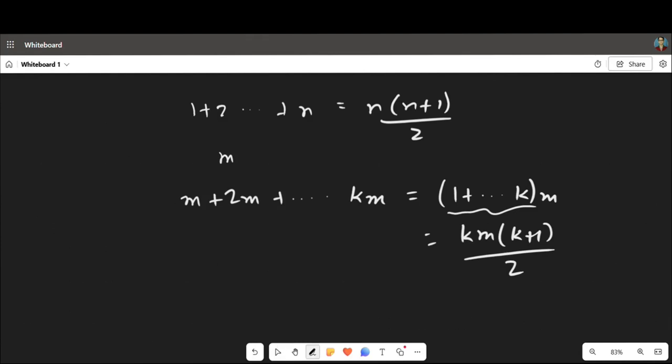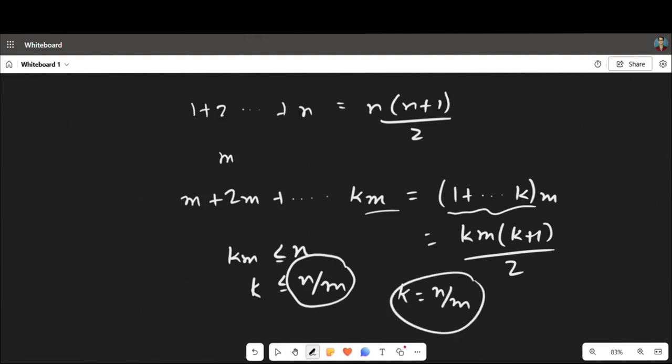We need to ensure that this km is less than or equal to n, so it means that k will be less than or equal to n by m, and this n by m should be an integer division. So I can easily get k equal to n by m by doing integer division and plug in the values there, and this is the value of nums2. Okay,